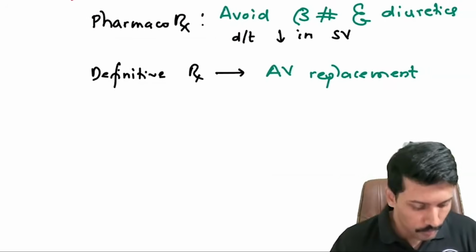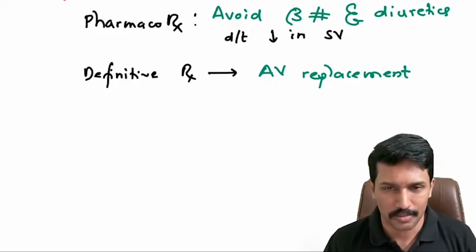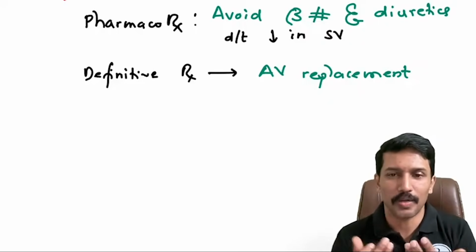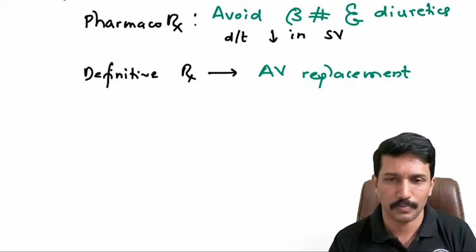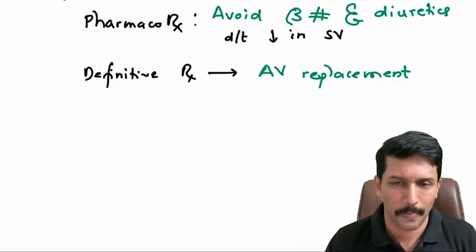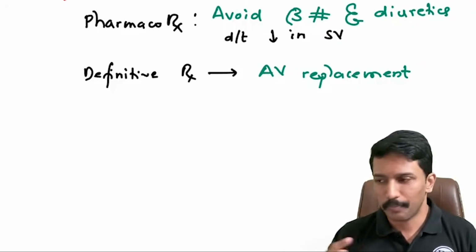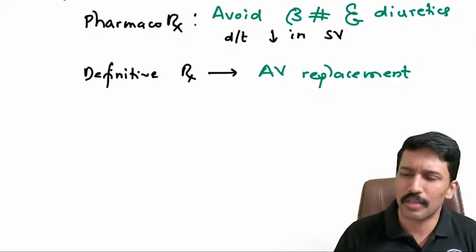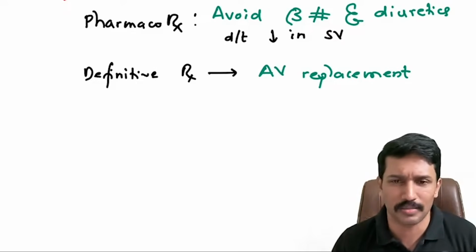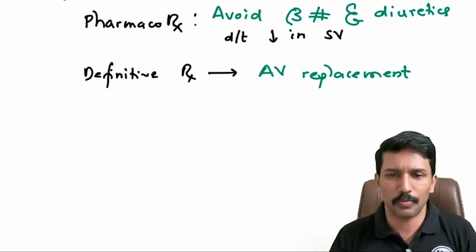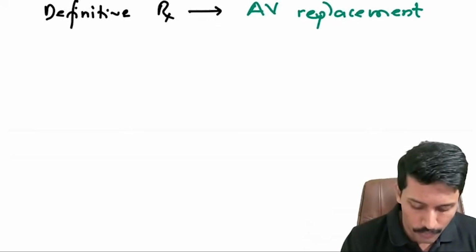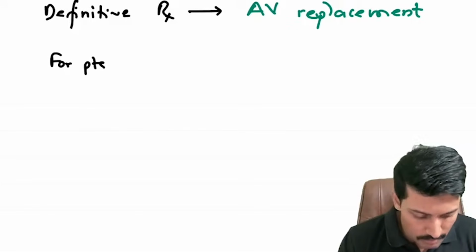The question is, the most common cause of aortic stenosis is age-related degeneration. So most of your patients are in their 70s or 80s, not very fit for open heart surgery for valve replacement. No cardiac surgeon would love to do those cases because it is risky. Most of the time, in your 70s or 80s, you have multiple other diseases. You're diabetic, you're hypertensive, you also have coronary artery disease, dyslipidemia, multiple other problems. You may not become very fit for an open heart surgery. So for those patients, what is the alternative I can offer? For patients deemed